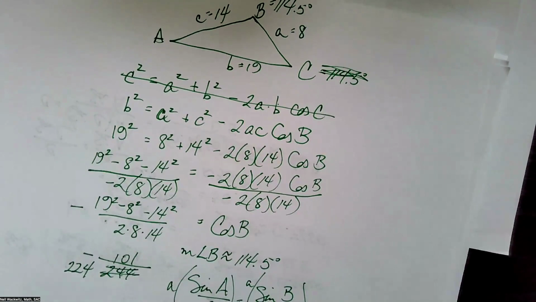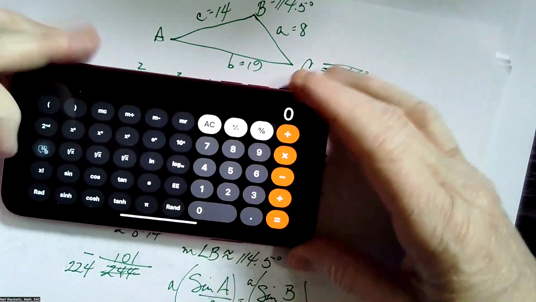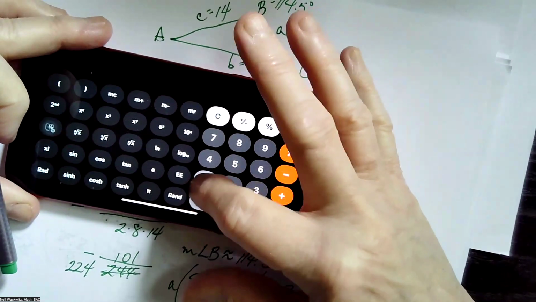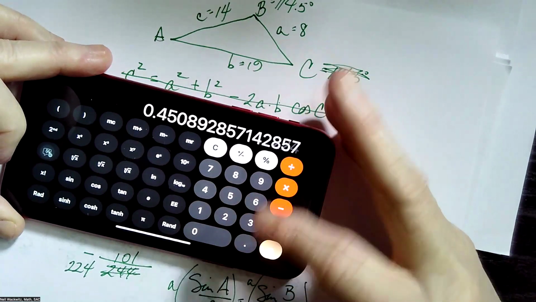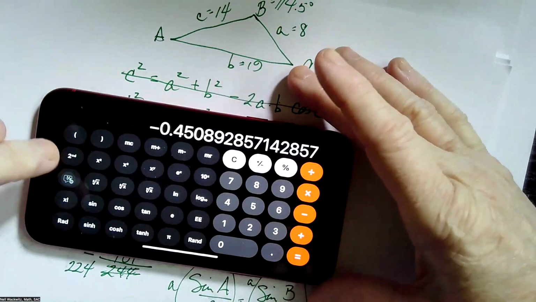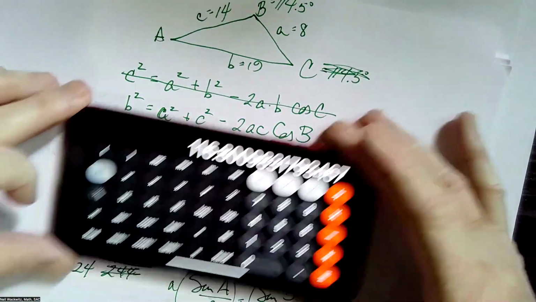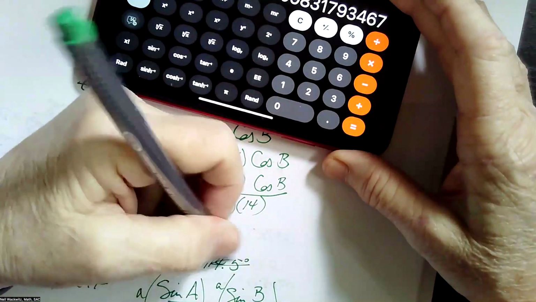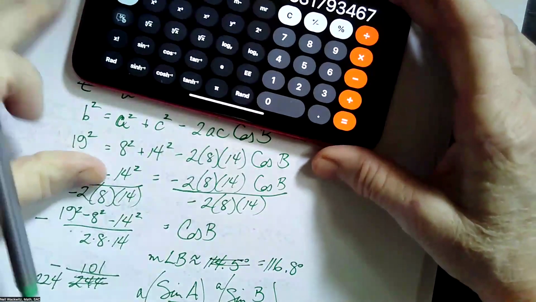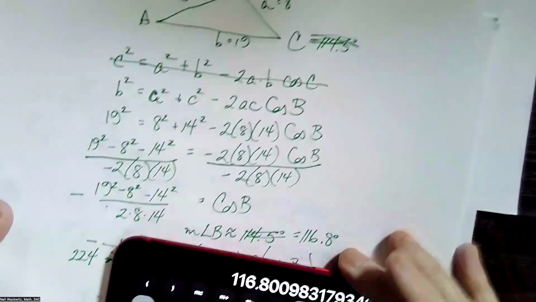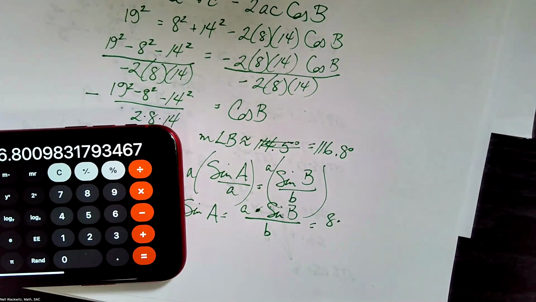So we've got 101 divided by 224, and negate that, inverse cosine: 116.8. Okay, good. Thank you. And now we're going to use the law of sines